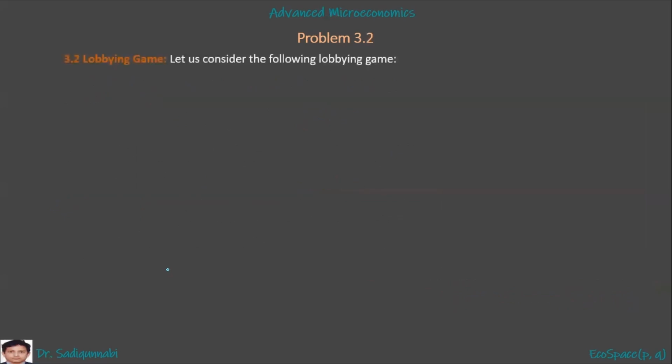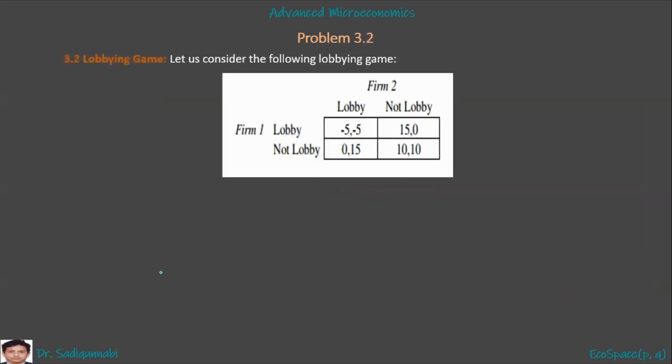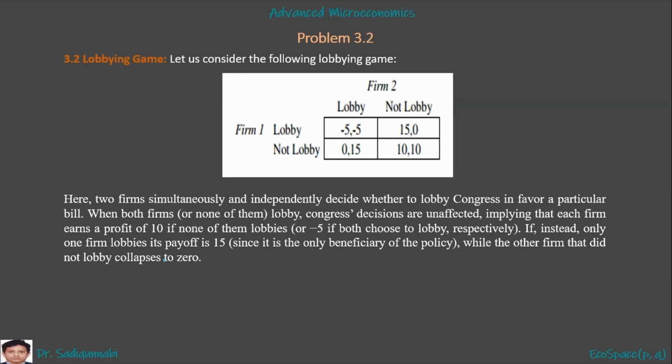Problem 3.2, and it is a lobbying game. So here's the matrix for the game. Let's consider the following lobbying game. Two firms simultaneously and independently decide whether to lobby Congress in favor of a particular bill. When both firms or none of them lobby, Congress's decisions are unaffected, implying that each firm earns a profit of 10